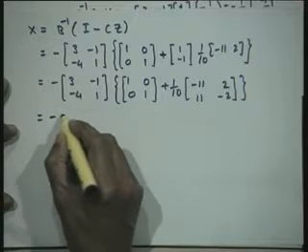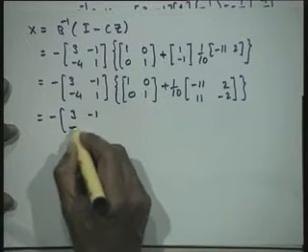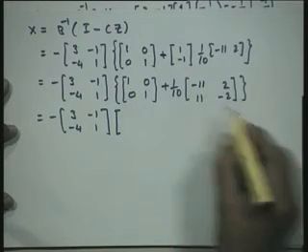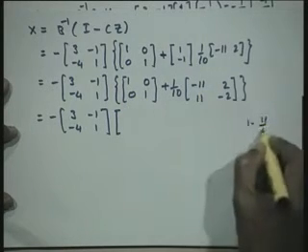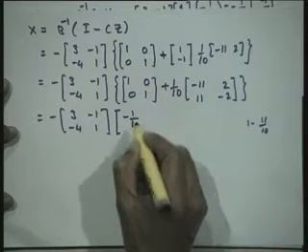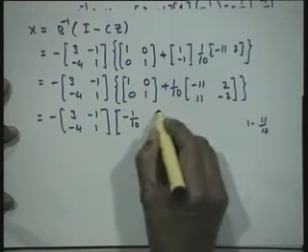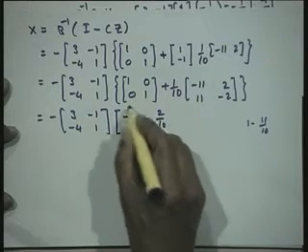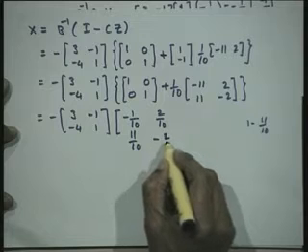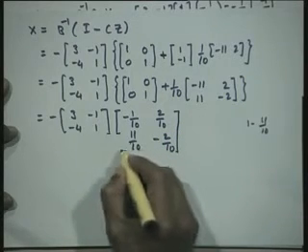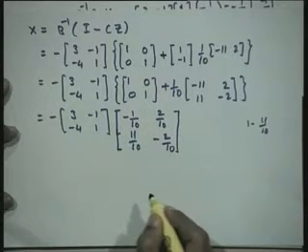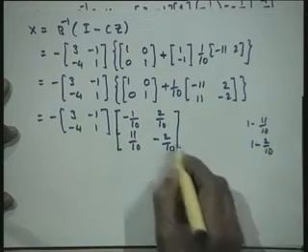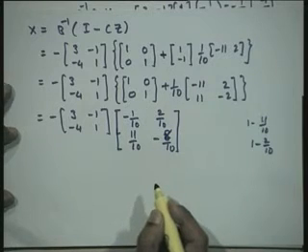Now, I can simplify this one more step before I multiply it. 3 minus 1 minus 4 1. This is 1, I can put it here 1 minus, this is 11 by 10. So, I will have here minus 1 by 10. Then I have here this is 2 by 10, let us retain it as 2 by 10. This is 1, that is 11 by 10, that is 1 minus 2 by 10. And sorry, the last vector is 1 minus 2 by 10, therefore, this is 8 by 10, this is 8 by 10.